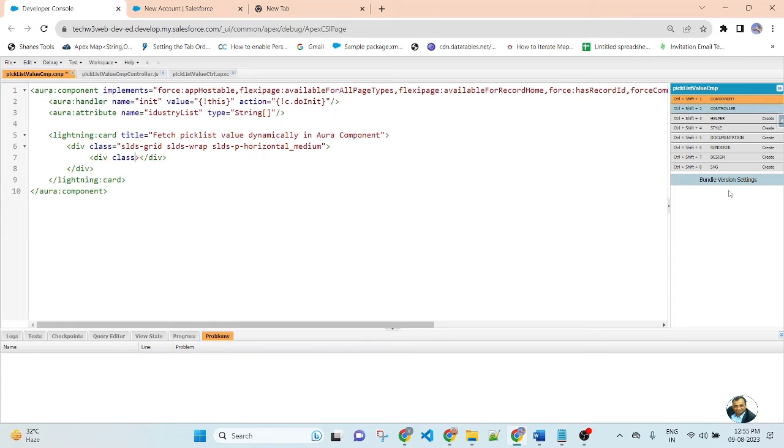Div class equal to SLDS form element, and here I will use the label.